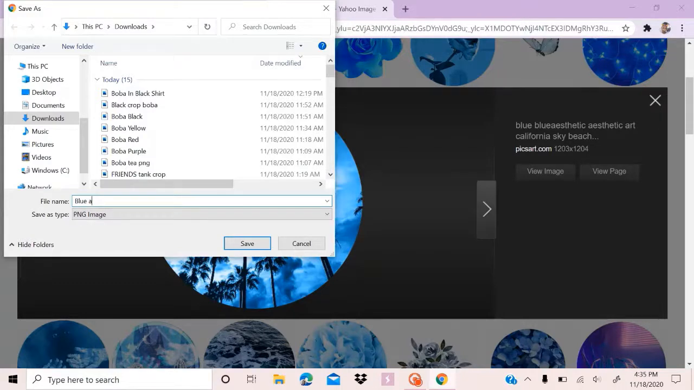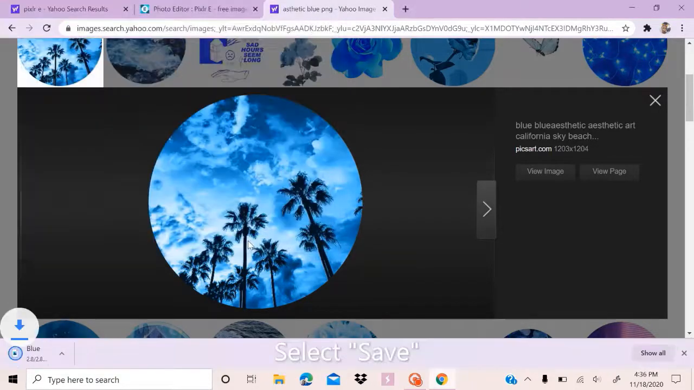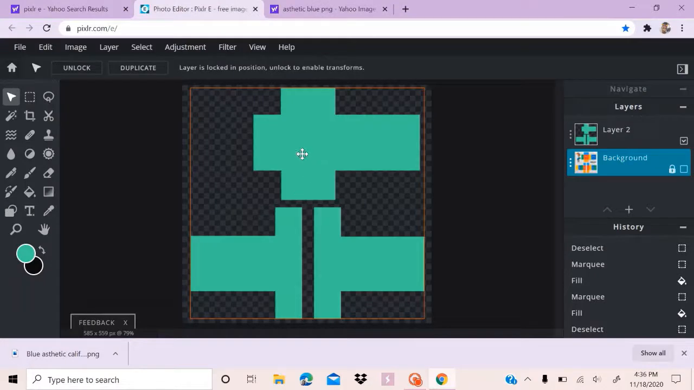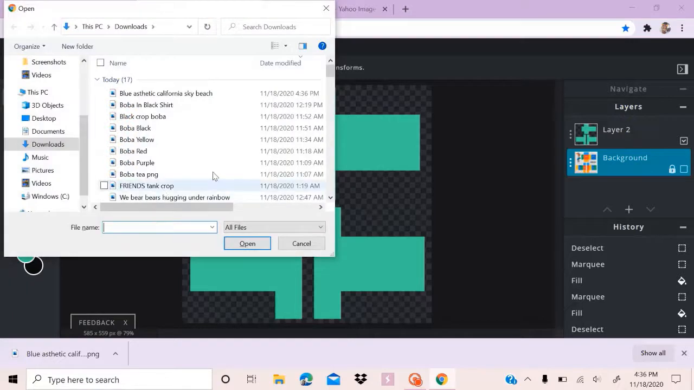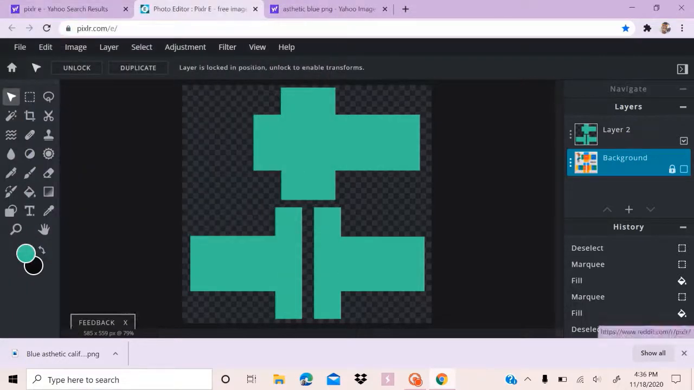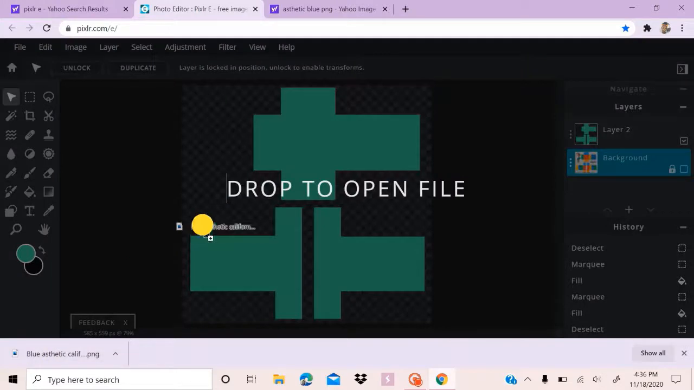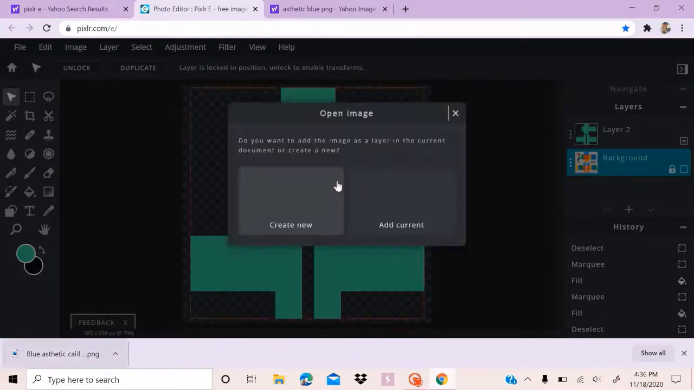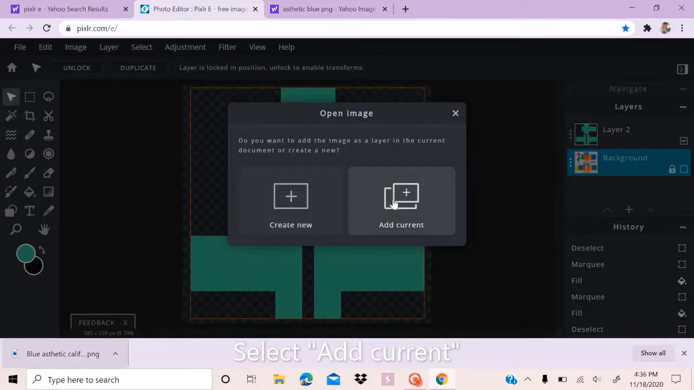I'm naming it Blue Aesthetic California Sky Beach. And you would save, and you would go to here. You would either press Control O, which opens files like this, or if it's already down here, you would drag, and it would say drop to open file. Let go of your mouse. Do not do create new, do add current,